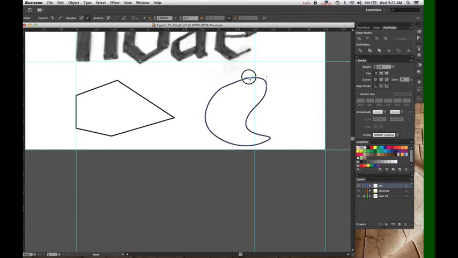Once you've learned it, you get a tremendous amount of control over the shapes of your lines. Unlike hand drawing, where you basically have to hit it right the first time or keep erasing and going back, Bezier curves allow you to endlessly tweak, which is one of the great benefits of digital design.